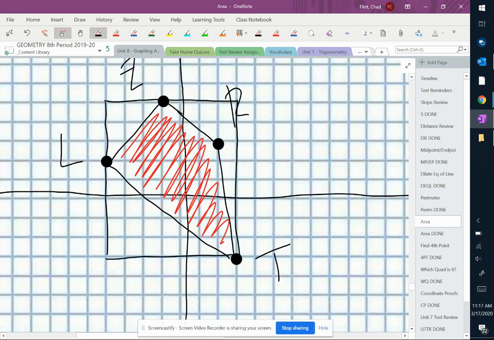Now, in this situation here, we want to try to limit our shapes to triangles and rectangles if we can. So I've got kind of a weird, let me actually highlight this so you can see what I'm talking about. I've got this yellow shape over here that's kind of odd. It's not a rectangle or a triangle. So what I'm going to do is add in a couple more lines like that. So now I have 1, 2, 3, 4 triangles, and then I have that fifth shape right there,